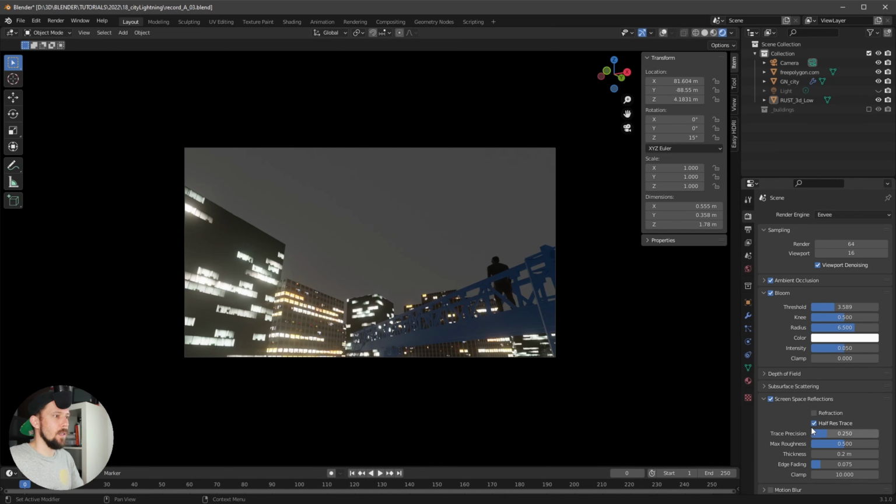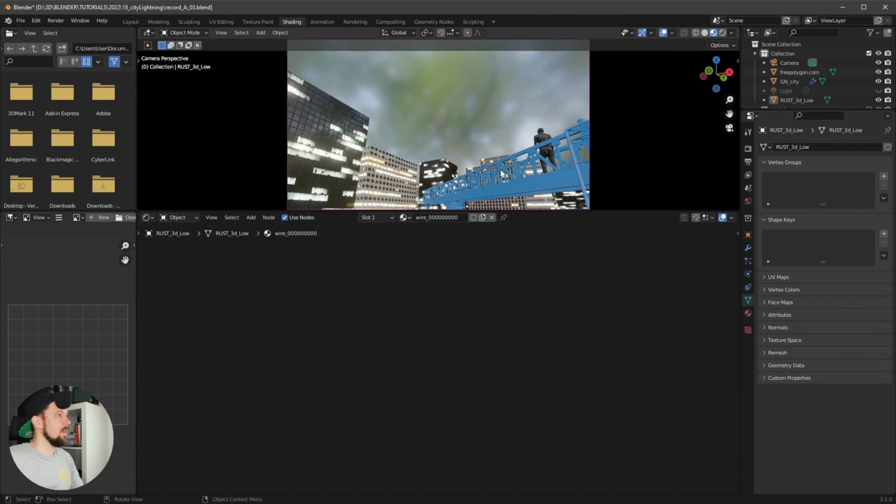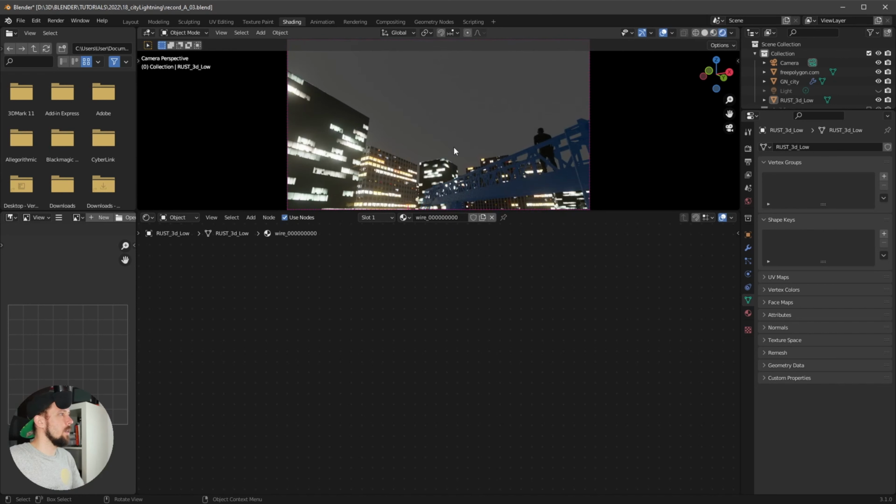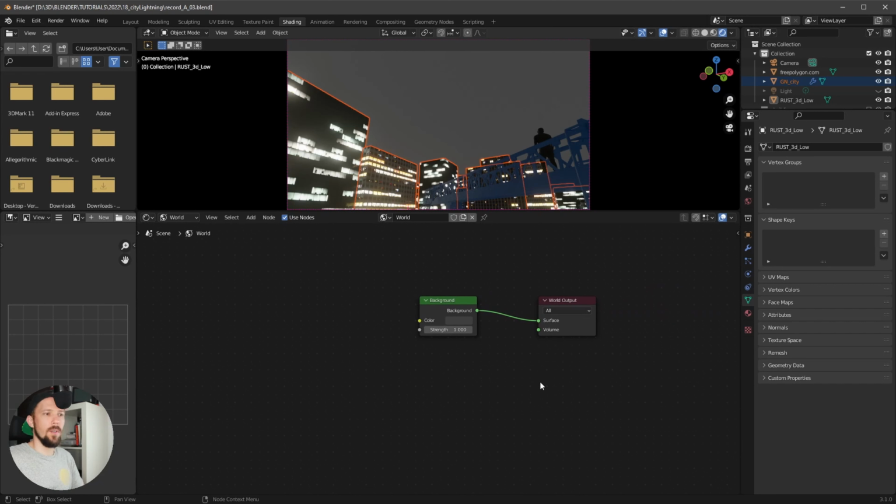And yeah, let's disable half res trace, maximum roughness, and we don't need edge fading. And what I want to do now is go into the shading and into the Eevee view, and go into the world settings. In the world settings, let's search for the output, and I want to use the sky